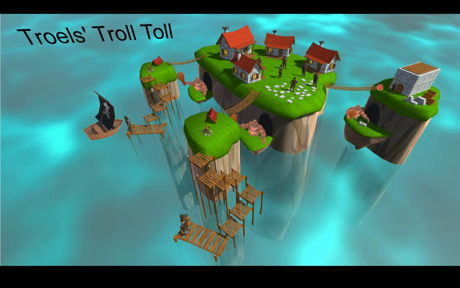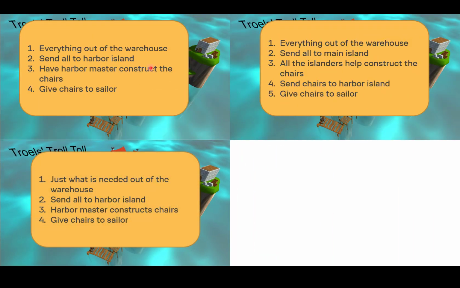Option number 3. This time we just get what we actually need out of the warehouse. We send it to the Harp Island, my client. Again, this guy will construct the chairs and give them to the sailor. Right, so we have optimized a little bit by not getting everything out of the warehouse, but we're sending it, in this case, everything to the Harp Island, to my client, so we're not utilizing the extra computational power of the server. Right, so that's basically the 4th